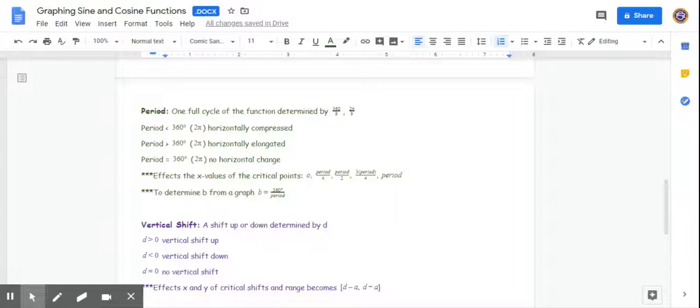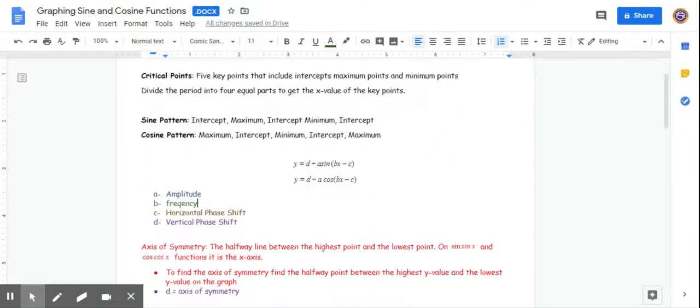So these are the effects it has on the critical points. We'll get into what critical points are a little bit later. But to determine B from a graph, it's always 360 divided by whatever your period of your graph is, or 2 pi if you're in radians. So frequency, that's going to be the number of waves in a 2 pi period. And you get that from whatever that number is, and then you use whatever this number is to find your